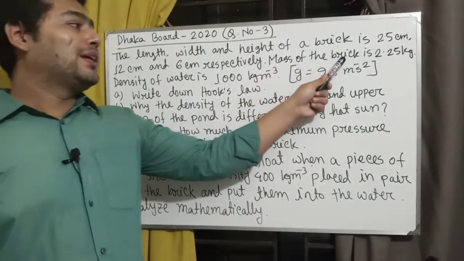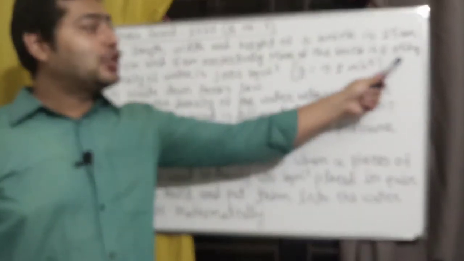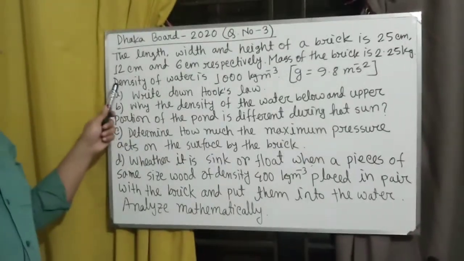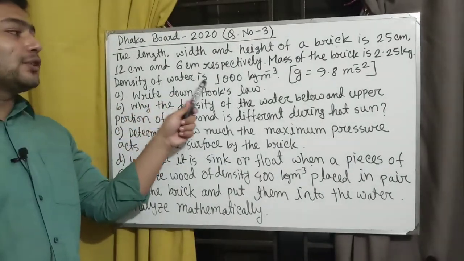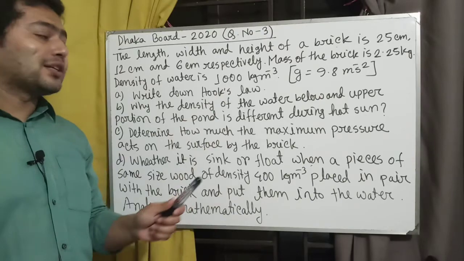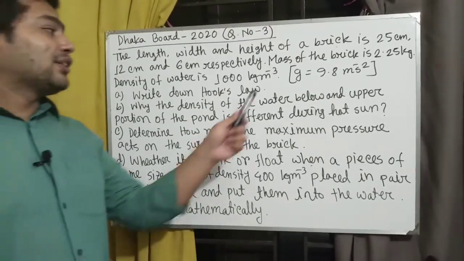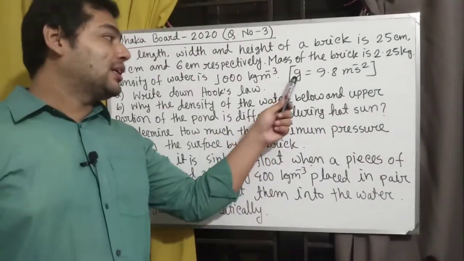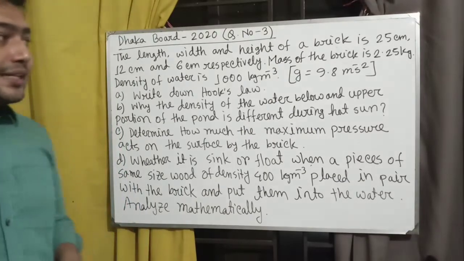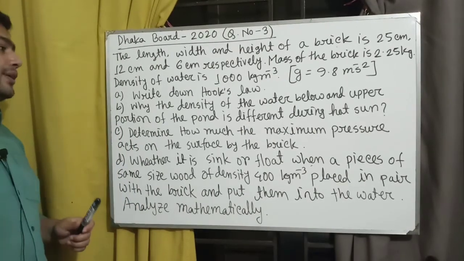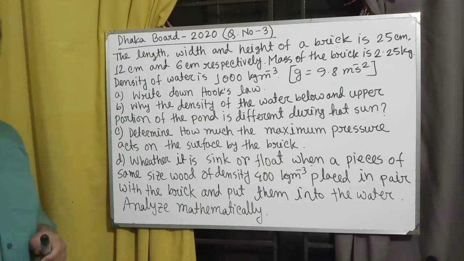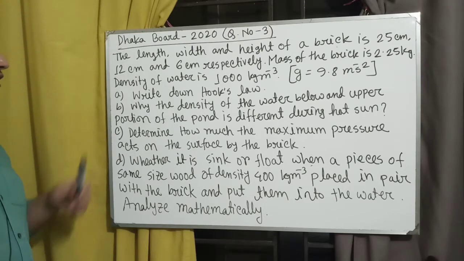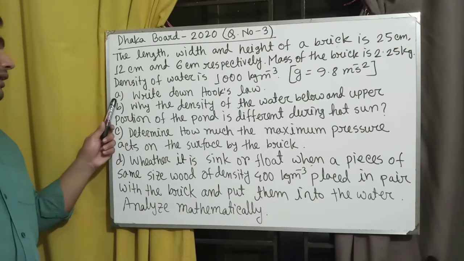Mass of the brick is 2.25 kg. Density of water is 1000 kg per meter cube, and here given that the gravitational acceleration g equal to 9.8 meter per second square. Okay, so this is our given stem, and the questions are: